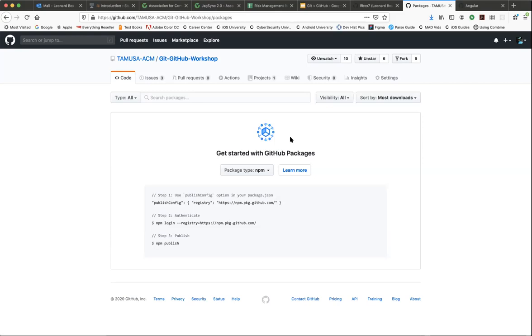So all of these different package managers. NPM is just one, a package manager for Node. You can wrap all of these. I think we have Maven, we have Ruby, we have Docker, and NuGet. I don't know what NuGet is, but you can wrap up your information and package your repository into one of these specific packages, so that your users can just upload it via one of these